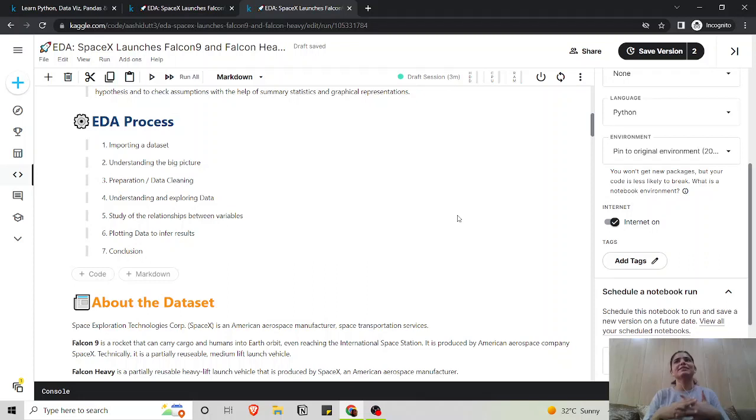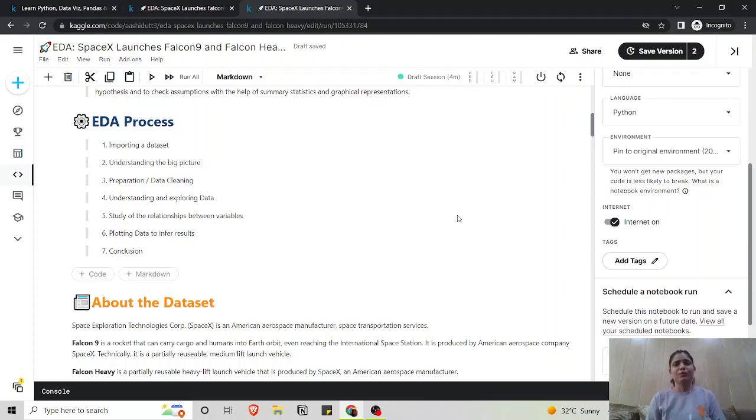Then there is understanding of the big picture. What does the data set have to say on a big scale? So the big picture here is, when I told you that we'll be working with the SpaceX Falcon 9 and Falcon Heavy data set, there's already a big picture painted for you that the data set will have something related to rockets, their time of launch, landing, all those kinds of things come to mind, even if you didn't have that glance of data before, right?